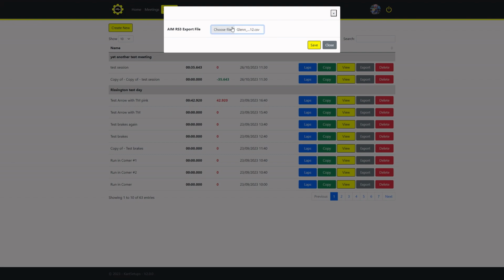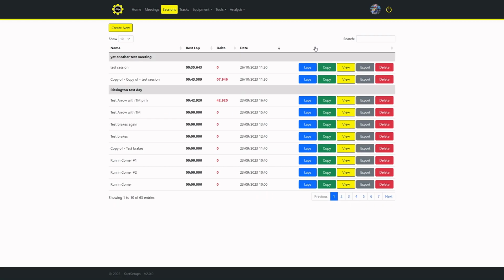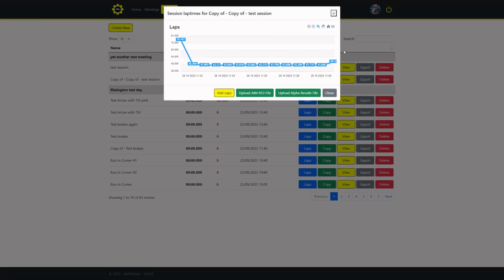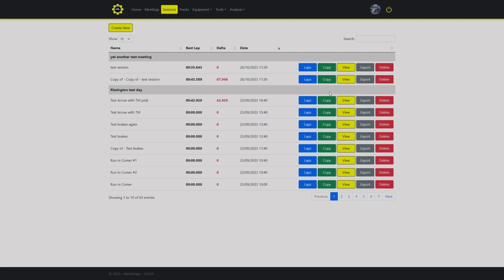There we go. So I did that in, and we're going to save now. That will just take a little while to import that data, because there is a lot of data within there. And now you can see that on here we've got all those laps. It will generate those laps for you as part of uploading that. So now over to the fun bit,